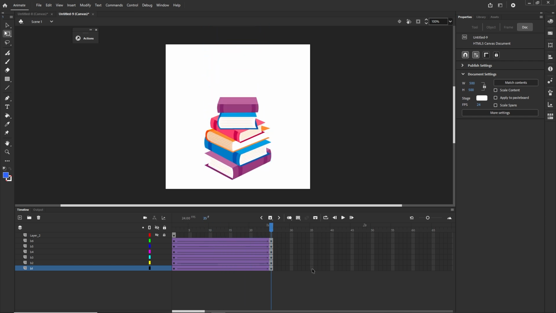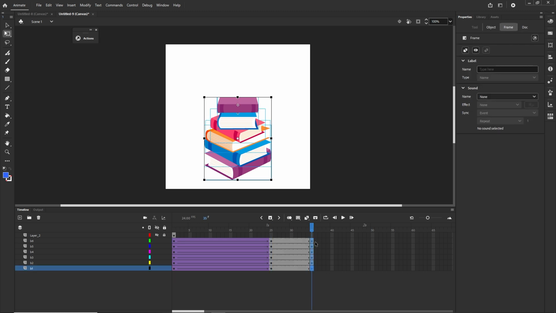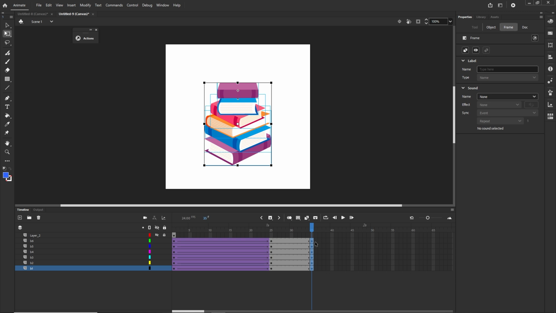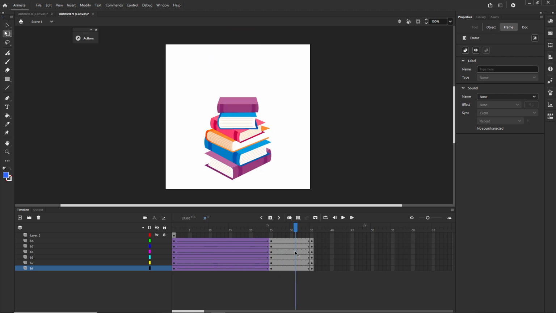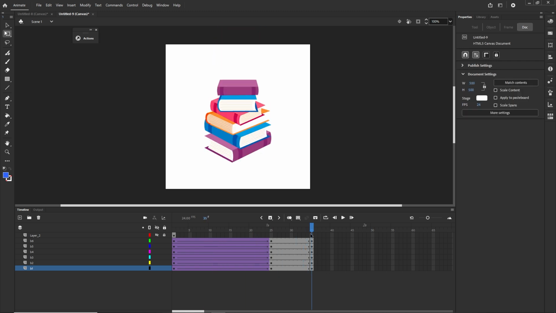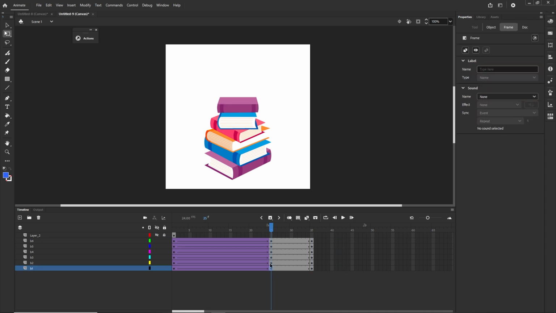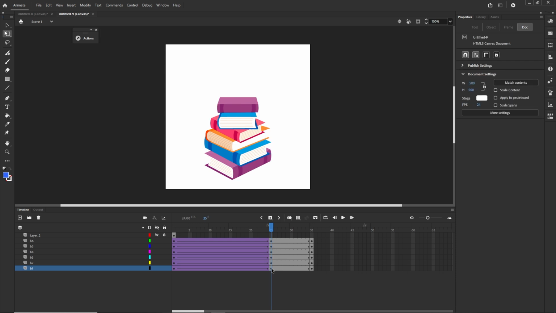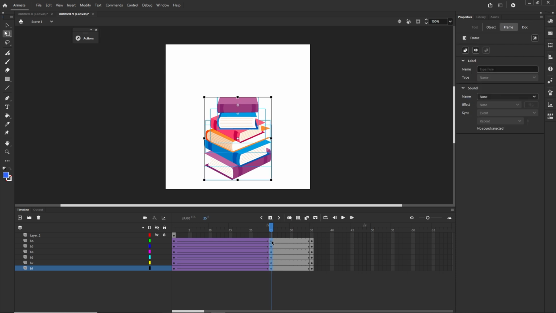Now I will go to maybe frame 35 and create a new keyframe with F6, and with Shift and the up arrow I will go 1, 2, 3, 4, maybe 5, maybe 6. So it is going to fall down, then it will go up, then it will go back down. I am going to copy these keyframes at the bottom, so I am going to select them, hold Alt or